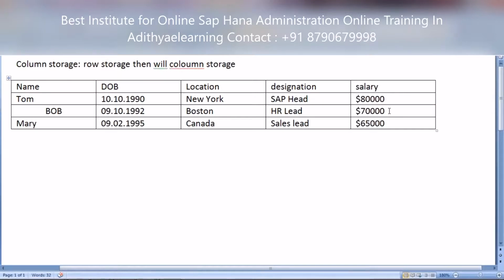Understood, Swati? Yes. See, select star from users where date of birth is in 1990, it will take 3 records. Where exclude location Newark, it will take 2 records. Where designation is all designations, it will take only 2 records because one got excluded. Where salary is more than 70,000, it excludes that also and goes with only one record. Like this, it has to read all 1 lakh records one by one sequentially.